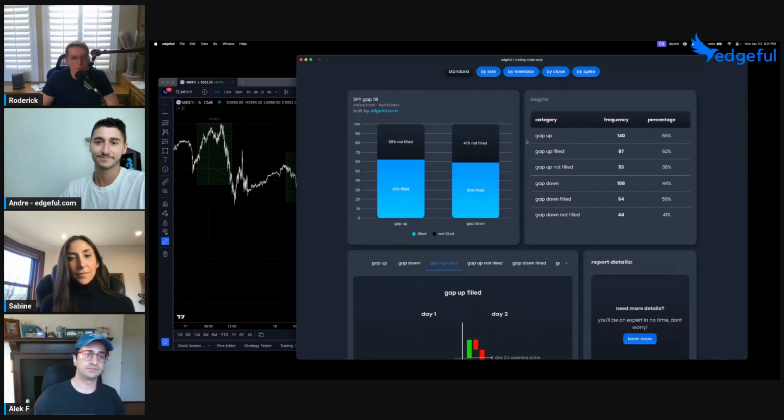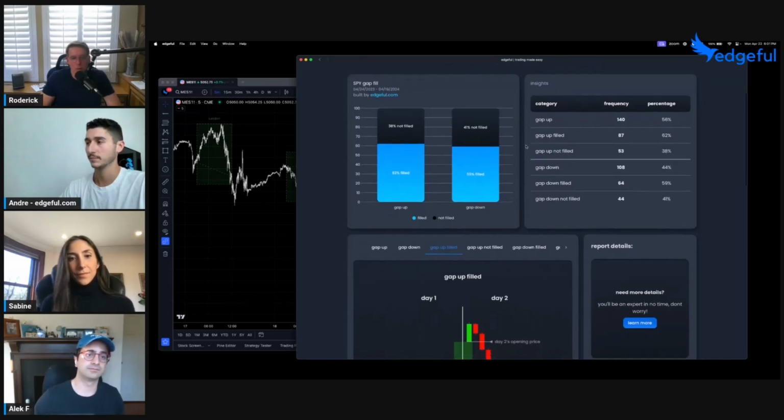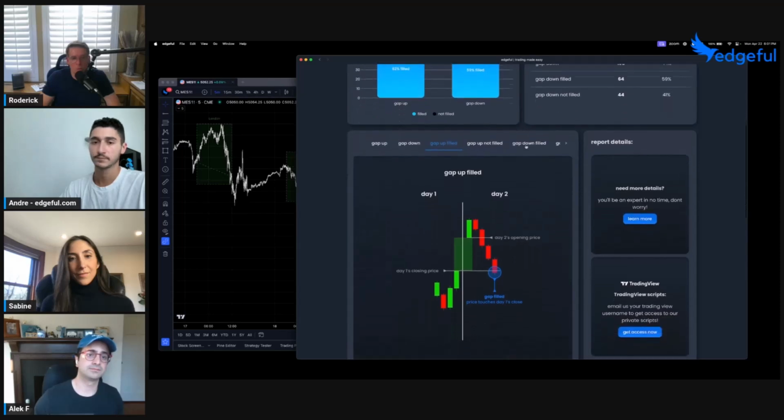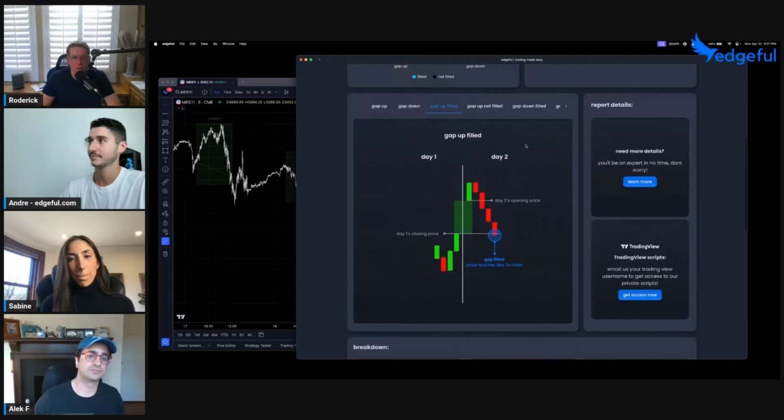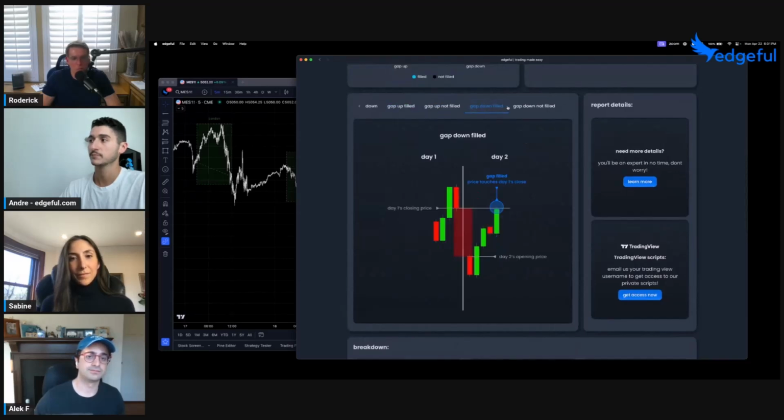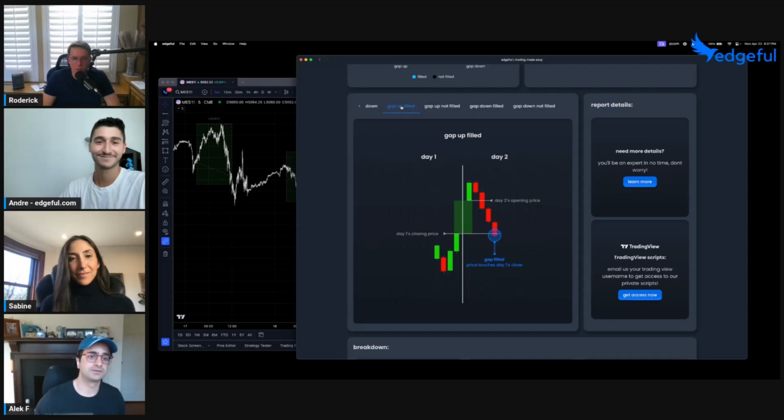We're looking at data and probabilities and reports, which I think should actually be more approachable even for newbies than trying to look at a chart, let alone even figure out how to get futures data into your charting platform. I mean, it's all right here, right? As long as you know the symbol, you're ready to go,